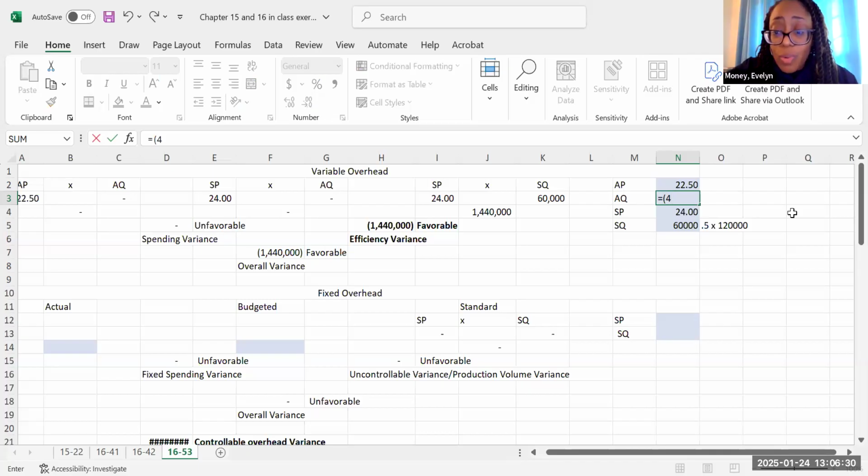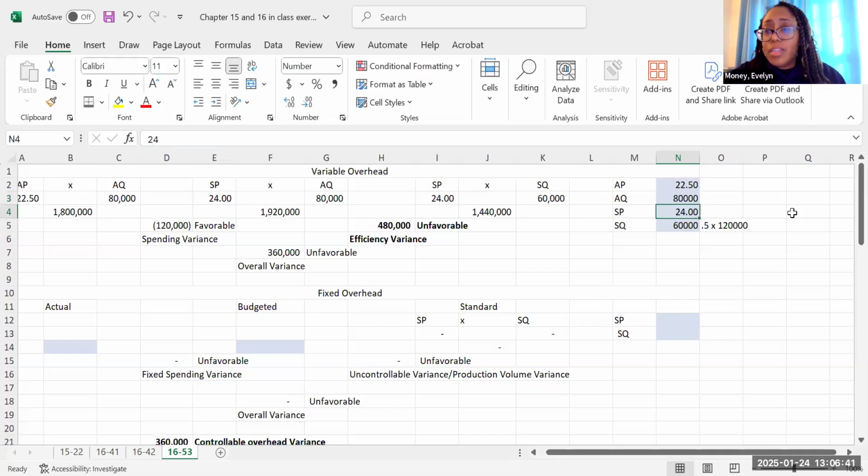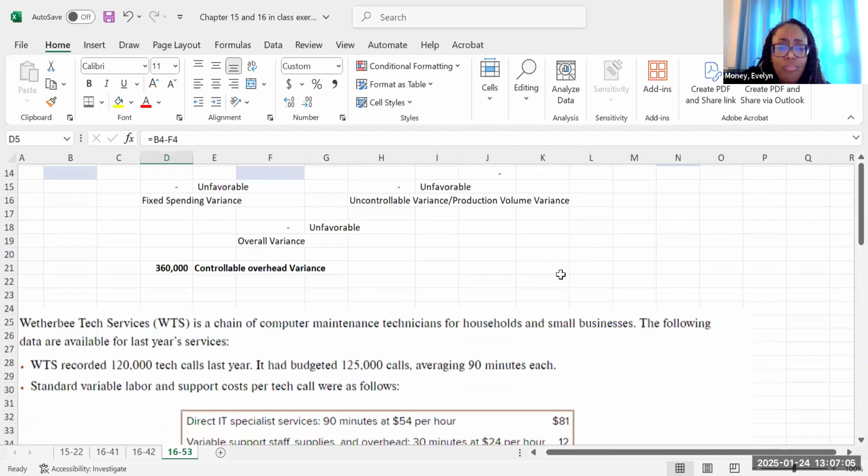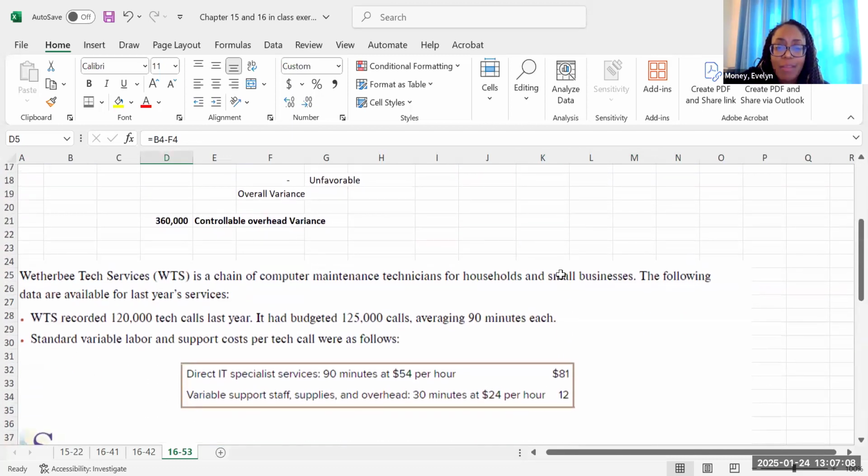So 4/6, or 2/3, times 120,000 gives me 80,000 hours. So that's 10 minutes longer per call. So I was expecting that to be more than what I actually planned for. So in looking at my price, I wanted to pay 24. Oh, I paid $22.50. I expect that one to be favorable, and it is. Great. For this one, I wanted to spend 60,000 hours, but I ended up spending